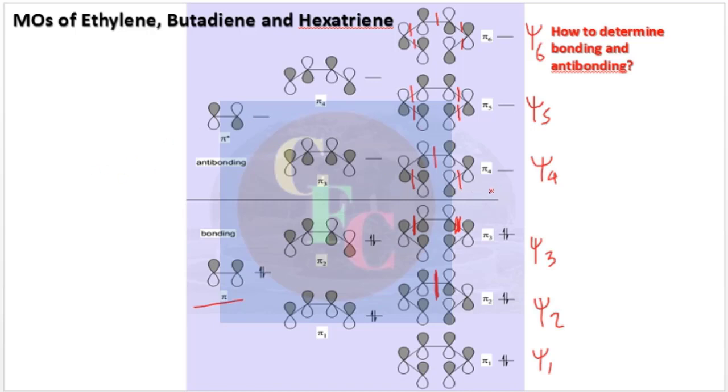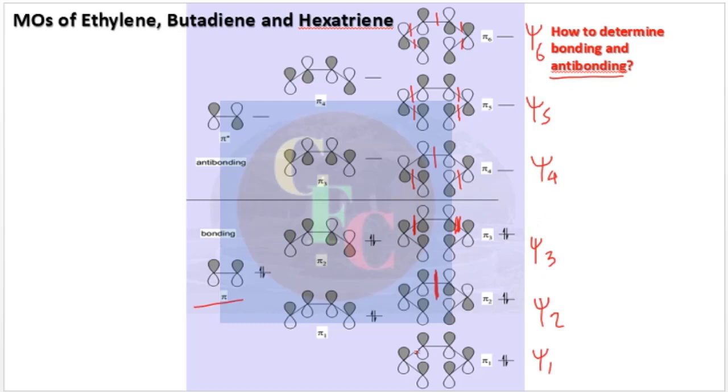Okay, and hexatriene is a 6 pi electron system. So there will be 6 by 2, 3 bonding and 3 anti-bonding, right, and these 3 bonding orbitals will be filled and the anti-bonding are empty. Now there is a question here, how to determine bonding and anti-bonding orbital. Suppose you are not asked to draw, right. Suppose for any higher system an orbital is given and it is not told to you that it is psi 1, psi 3 or whatever it is, right.